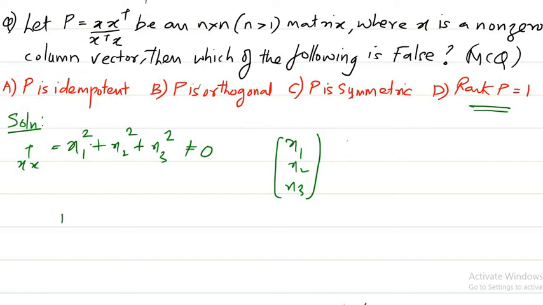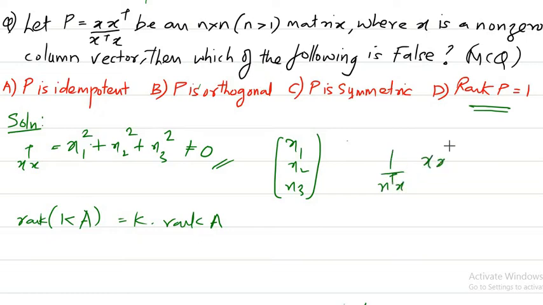Now if you take K times A, and if you want to find the rank of KA, it is nothing but equal to rank of A, right? If K is a non-zero constant. So the same idea can be used here, and since K is not equal to 0, K is nothing but this quantity, 1 by x transpose x. That is K, multiplied with the matrix, and we are asked to find the rank of this matrix. I found the rank of this particular matrix to be 1, so this whole matrix rank is going to be again 1. So determinant is 0 here, since we don't have full rank, and in that case we can say the matrix is a singular matrix.